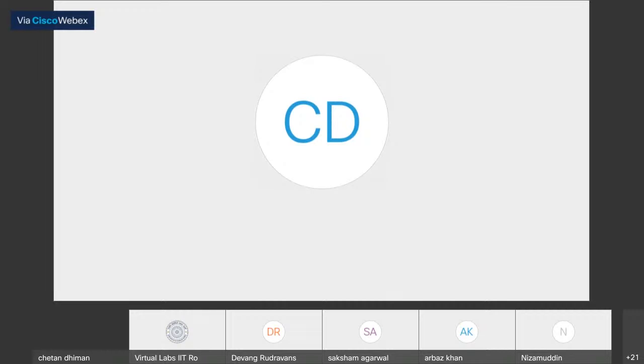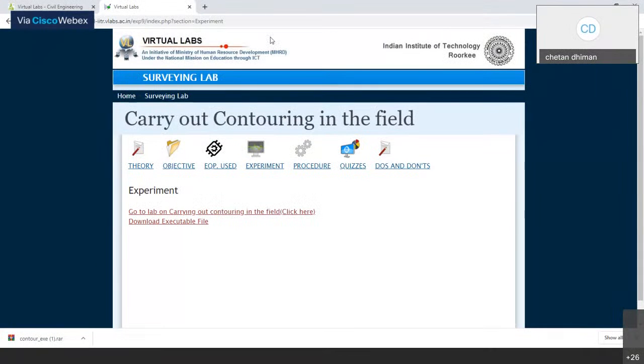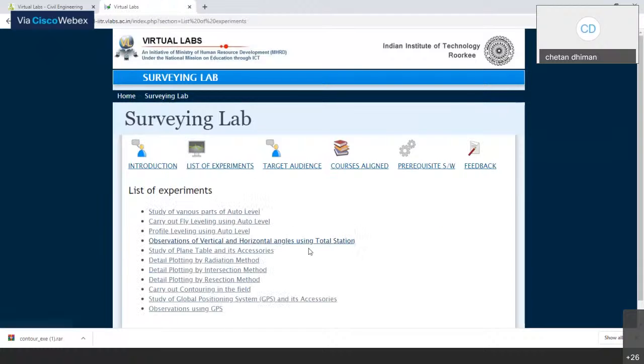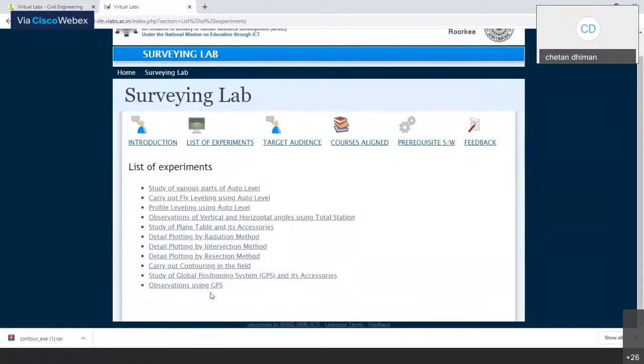I'm going to share my other screen. So the procedure is always the same. Whatever the experiment is, you just click on the experiment, you just download it, and from the list of experiments, at the end you will find observation using GPS.